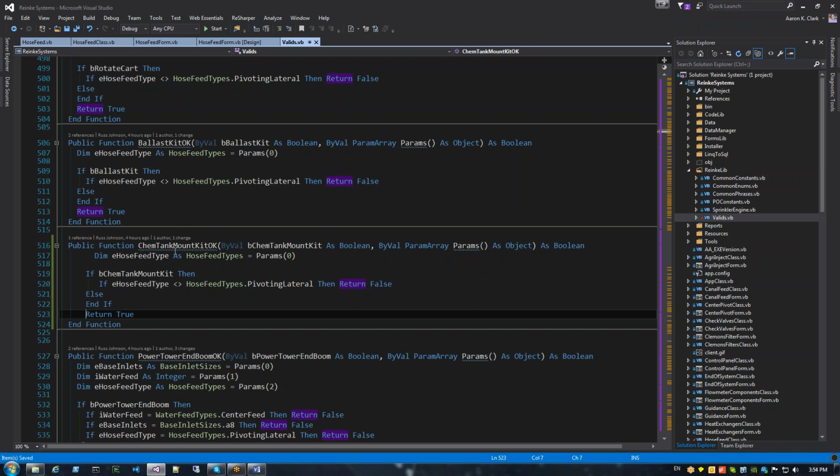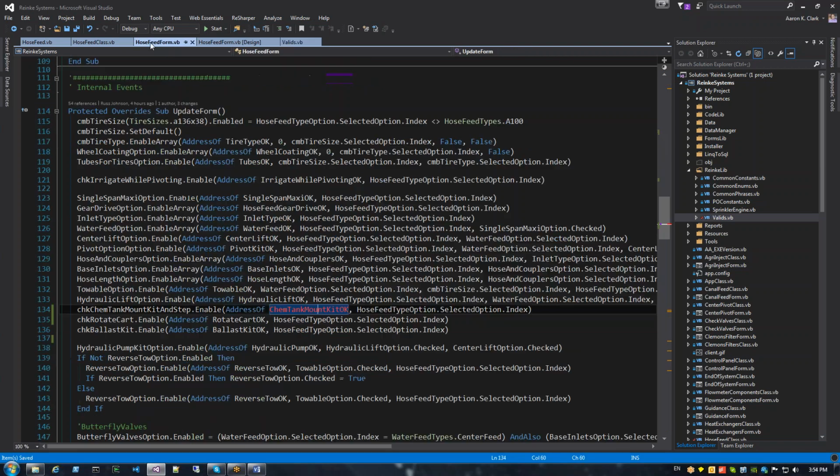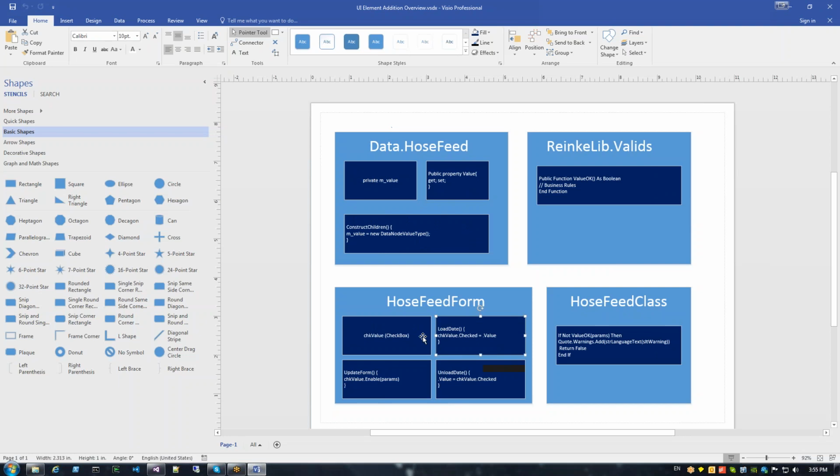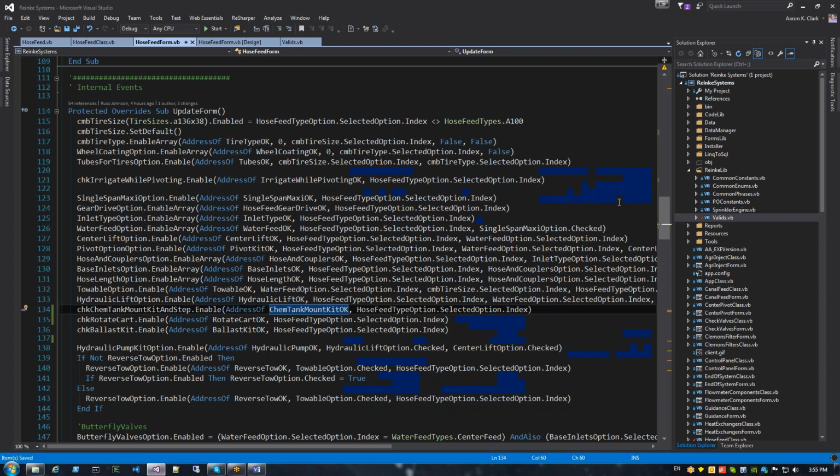Okay, so now we have our method, which validates whether or not it's okay, and as you can see on the form, that no longer becomes red. So you see we modified the form, modified the underlying data structure, and we set our business rules and valids. Now the final step is in hose feed class, we need to validate it, and if it's not okay, we're going to add